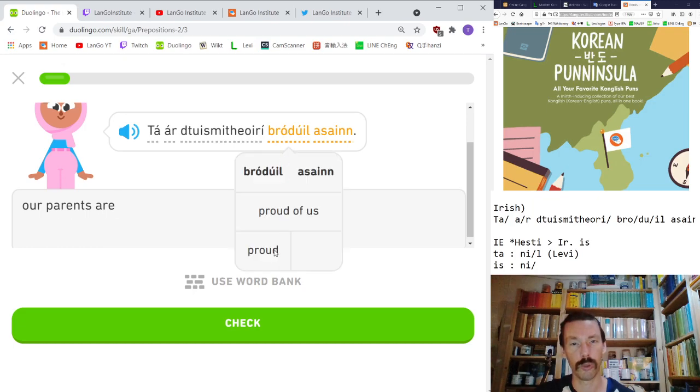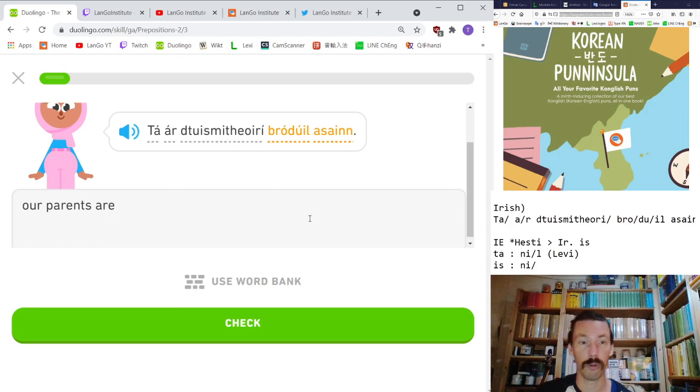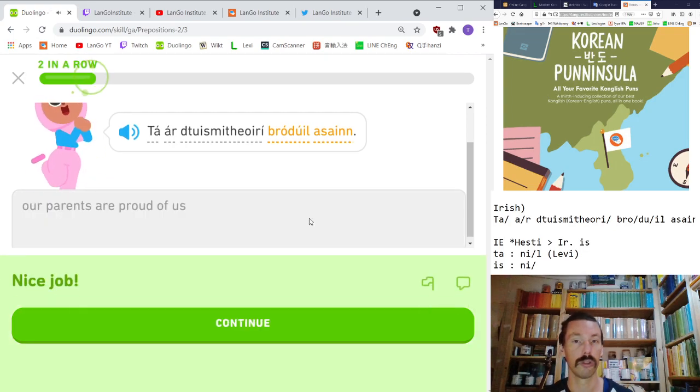Here, the gloss is proud. All right, let's take it as an adjective, and then with a complement in the form of a prepositional phrase: are proud of us, just like we do in English. We could say our parents are proud. I don't know about in Irish if we leave off the complement. Our parents are proud, that's meaningful in English, but we can specify with an of phrase, either of the accomplishment or the person, both using of in English.